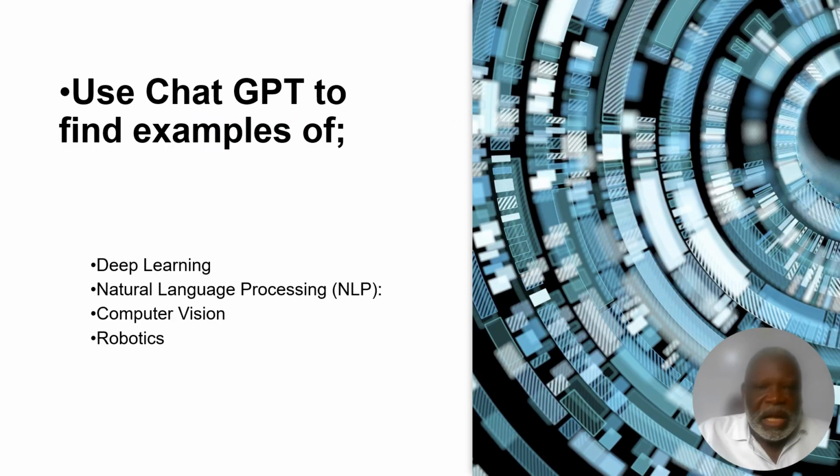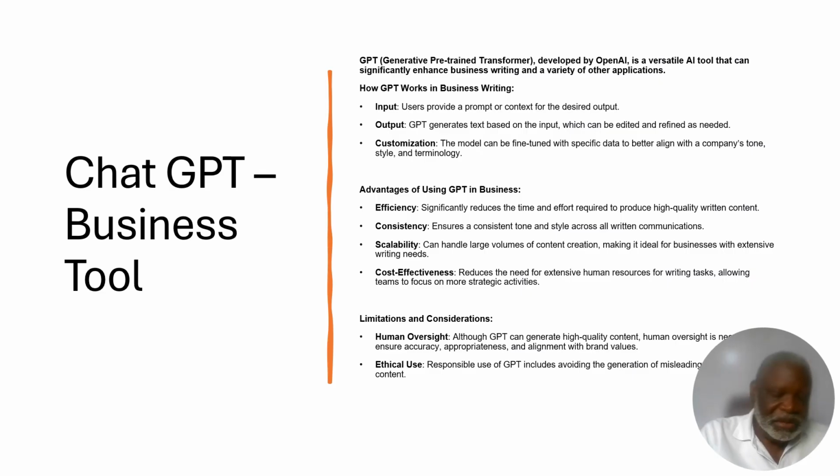One of the most powerful tools that we have out there is ChatGPT. Again, a very, very powerful deep learning tool. It has various uses. It's about input and query and how we query it. I'm going to show an example of how we can use ChatGPT. It has its own limitations. At the end of the day, remember, artificial intelligence is trying to copy what the human brain would do. The human brain is not limited, so AI is not taking over or replacing human capacity. It is actually complementing human capacity.